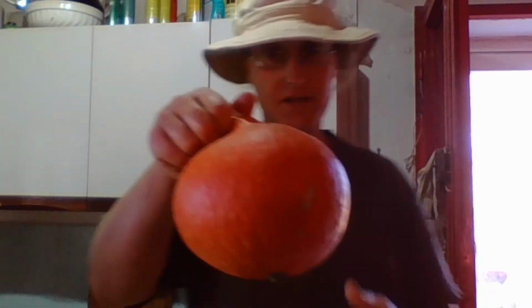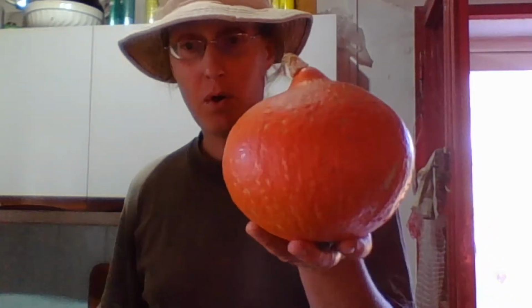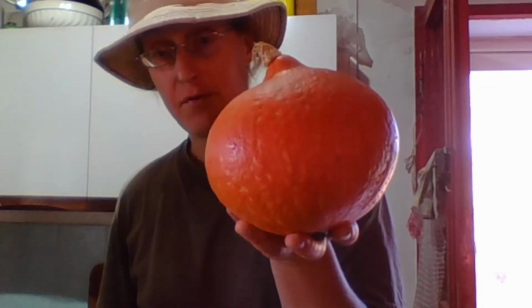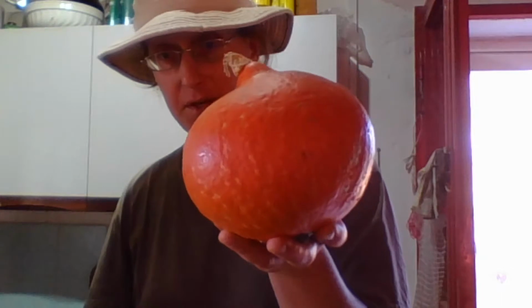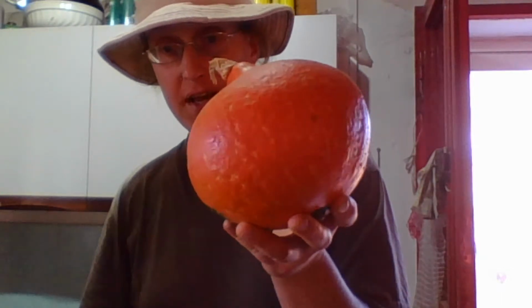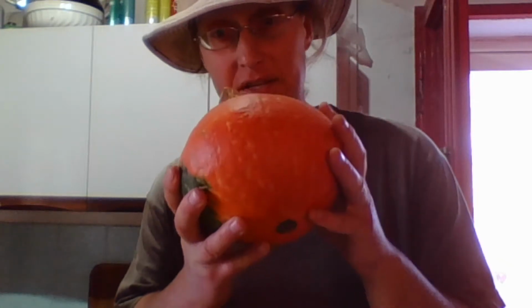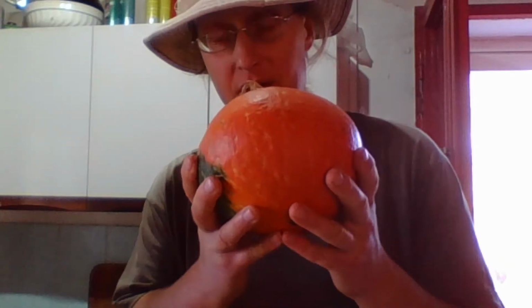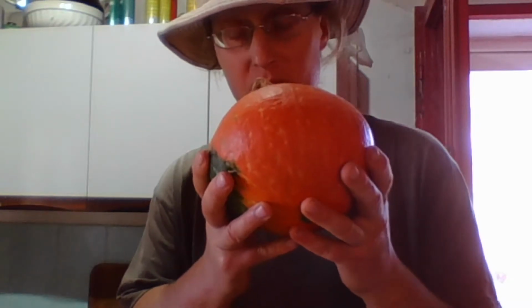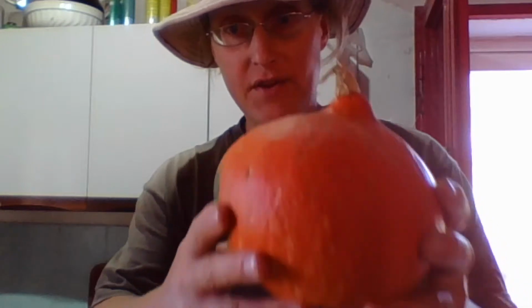This is Hokkaido. Excuse me, I got itchy eye. This is a Hokkaido, and thank you, Ferdinand, in Austria, for giving me the seeds from this. And I did save some seeds again, and I roasted these seeds. Roasting these seeds is just awesome. This is like a sweet pumpkin. It's sort of naturally sweet, and they don't grow very big,